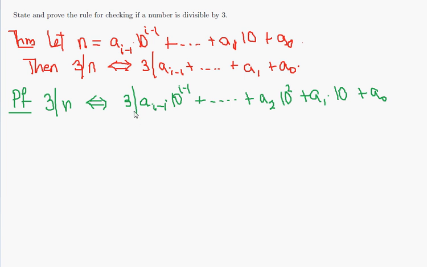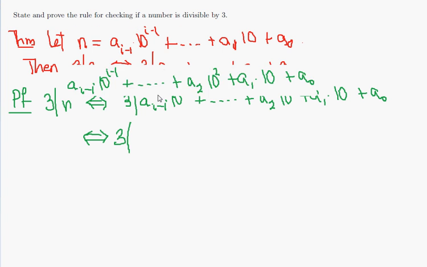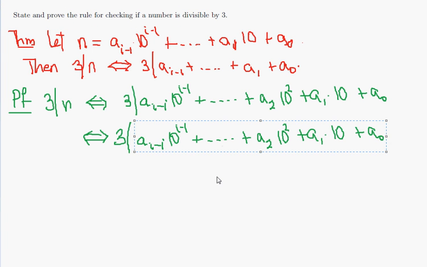Now if a number is a multiple of 3, if and only if I add or subtract a multiple of 3, it's still a multiple. So that's if and only if 3 divides... now let me just copy this onto the next line, because that's exactly what I'm going to do. So 3 divides that, minus a very carefully constructed number,